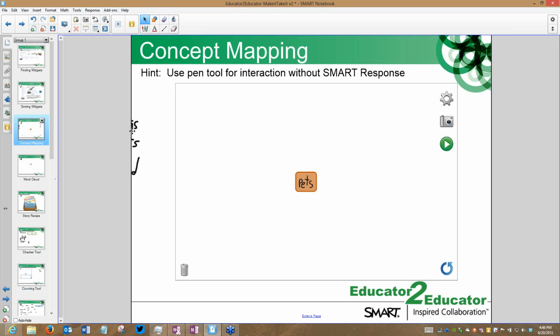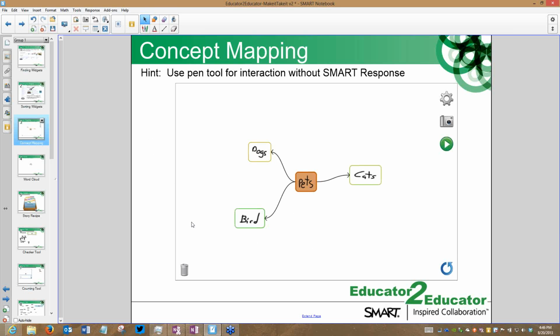From here, the kids start sending in their responses. If I had an active session going, they would start submitting their responses. They would start popping up as an actual typed text item. These are interactive. I can drag them around, move them around as their responses appear. If there's a response that's not appropriate, I can drag it to a trash can to get rid of it. And they can pop in all their responses. As their responses appear, as you can see, it just keeps branching off.